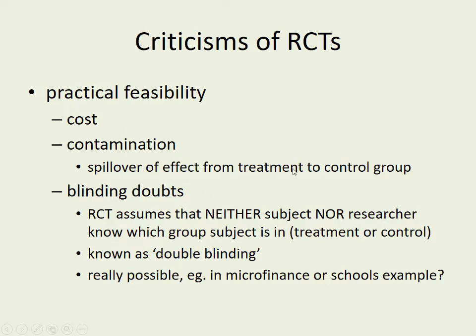Then there's contamination effects. Now this is where the effect on the treatment group might spill over, so it influences the behaviour of the control group. And that can be in different ways. It could be direct. So if you're providing microcredits or training to people, then the beneficiaries of that might be sharing it. So it could be that people in the extended family, for example, will share the credit they've been given to help people that are not in the treatment group. So that would contaminate the effects.